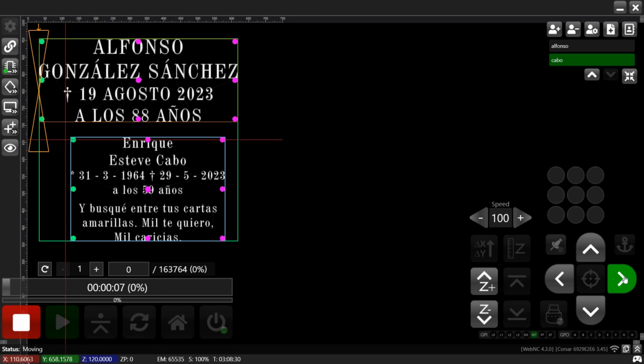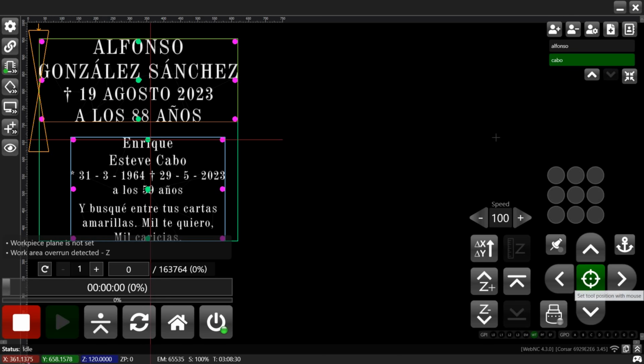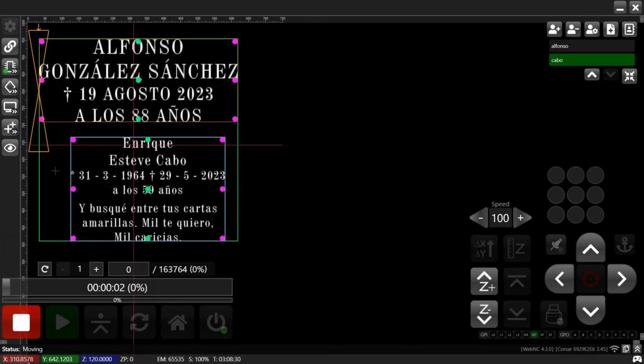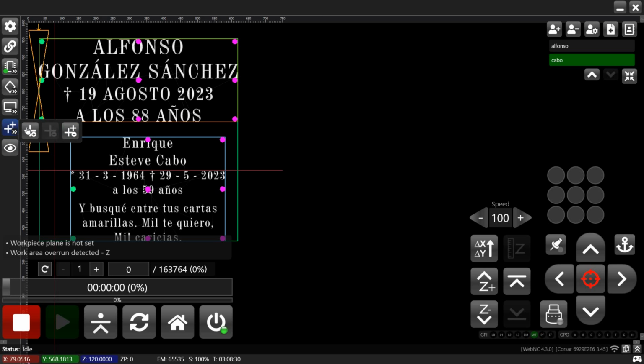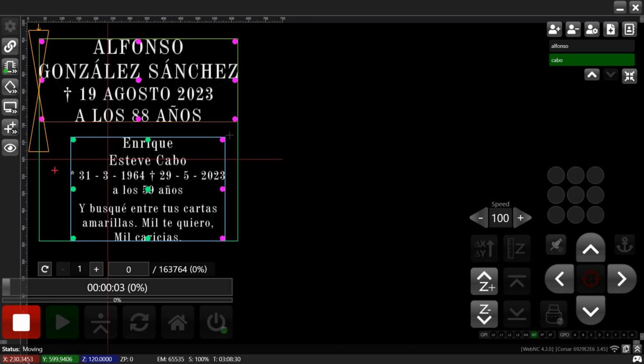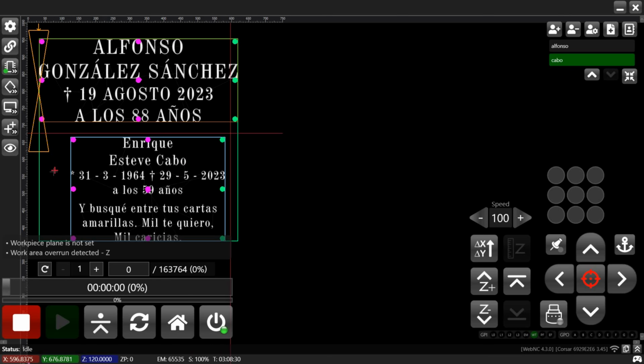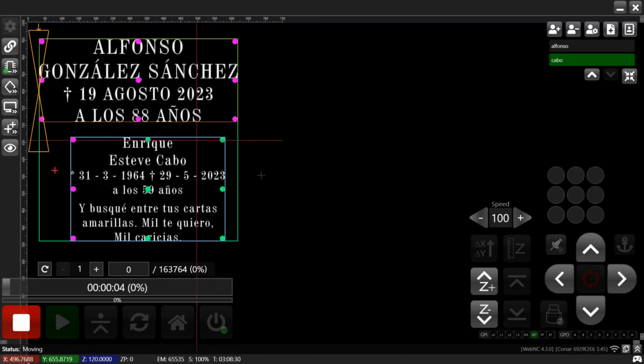These buttons make the cutter move in the given direction. And this one in the middle allows us to use the mouse to point where the cutter should go. It can also be used to move the cutter to the marker. Let's see how it works. Let's move the cutter to some point away and then highlight the marker. The cutter will then travel to this marker.